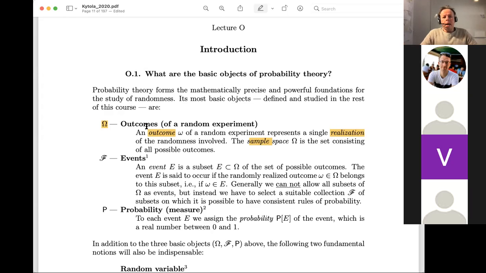And it's kind of related to the magical sampling of randomness, this omega, that we pick one outcome, little omega, that describes how the world looks. Then what are events? So events are actually sets. So the thing is that an event is a set. So that's what we have learned already in basic probability, the idea that events are sets. And that's what we are going to do precisely and exactly and rigorously during this course. So an event is a subset of omega, and